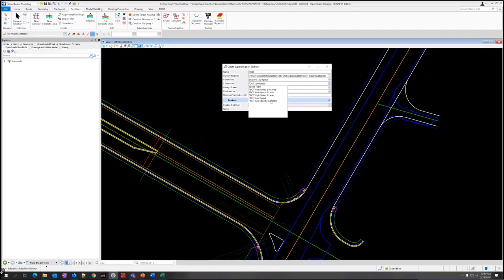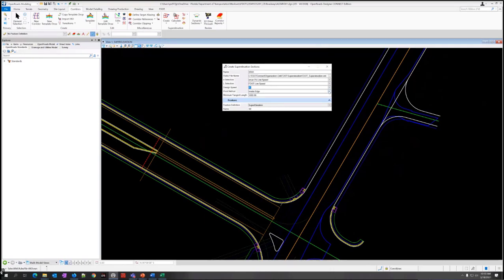There's another one for low speed restricted. If you're in restricted conditions, it changes some of the minimums. High speed, it does depend on number of lanes. You have different design speed tables. I think that's the one that's going to be used for the Emax 2%, because it's set up a little differently, so it doesn't have a formula. It's just using tables. So we're going to make sure that's low speed, and then design speed is 45.